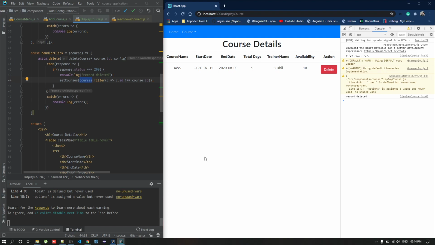So in the next tutorial, we'll see how to delete the record on confirmation. We can't directly delete the record once we click, it's not a good sign. For that, we'll put a pop-up saying that if you want to delete the record, then only on user confirmation do we delete the record. We'll see in the next tutorial how to handle that confirmation.